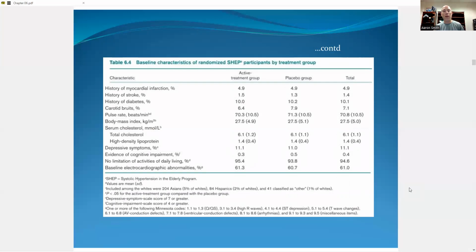All right, so here's baseline characteristics of randomized SHEP participants by treatment group. And so I've got my active treatment group, my placebo group, and then the overall. All right, so in this,